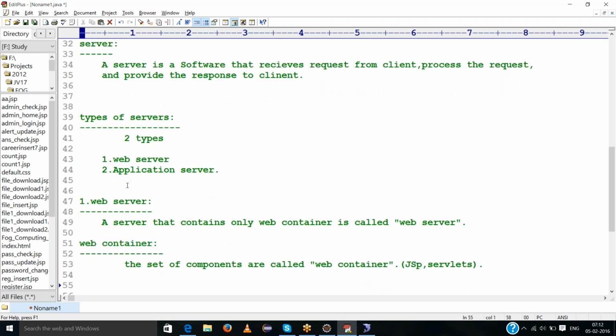And next, what is the list of web servers? What are the real-time web servers?